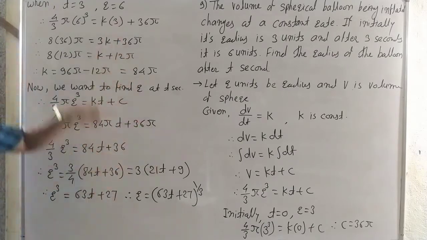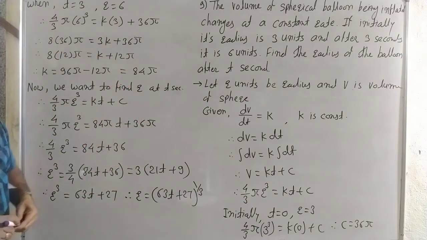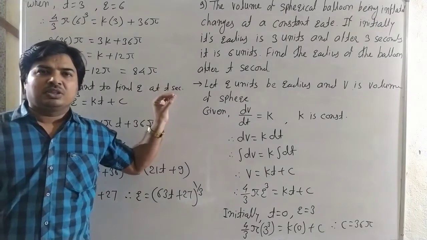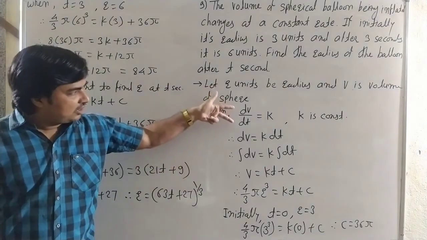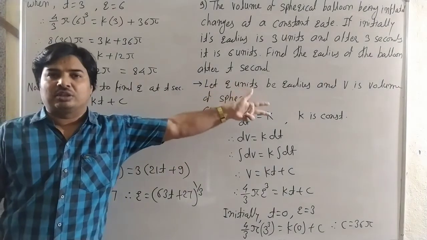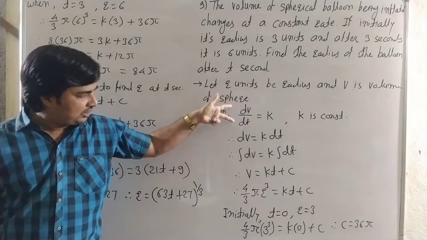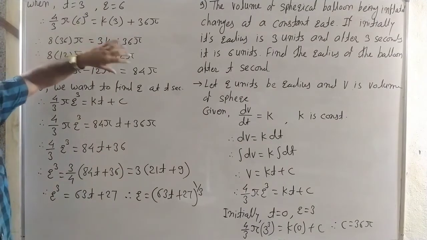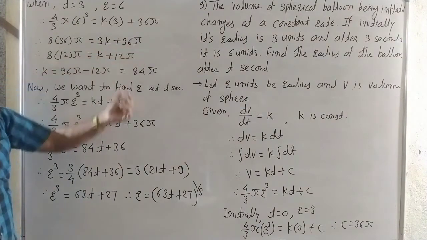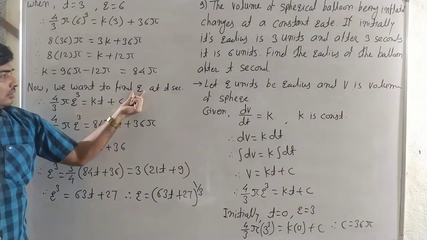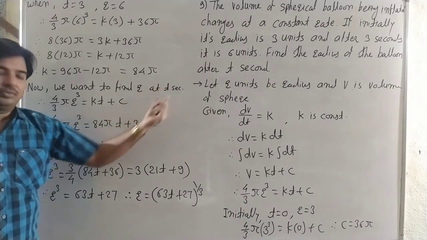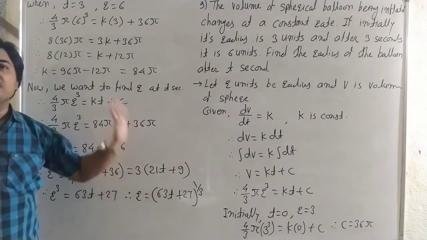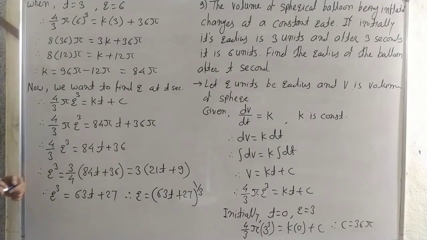See carefully this. Here the given relation in a rate of change, it is rate of increase of volume is constant. It is a given relation, and from this relation we solve this differential equation, and there are two conditions for finding the value of c and k, and we want to find the radius at t second, and here it is a radius at t second. See carefully this.